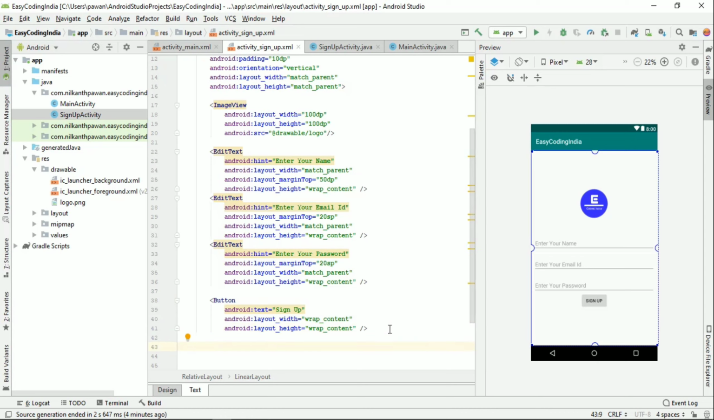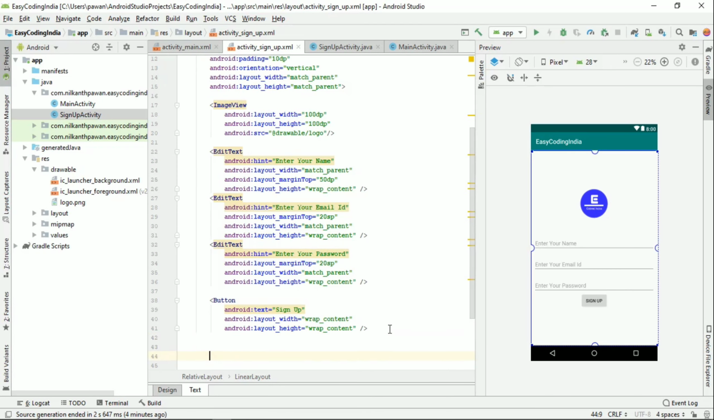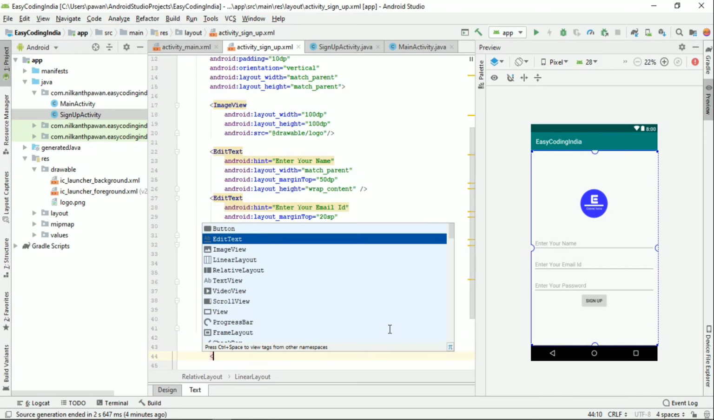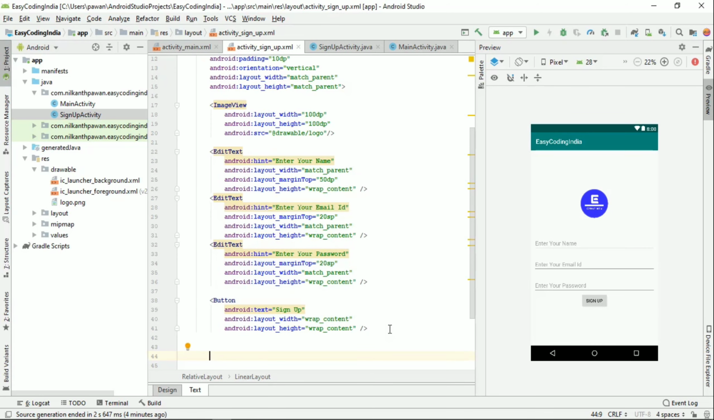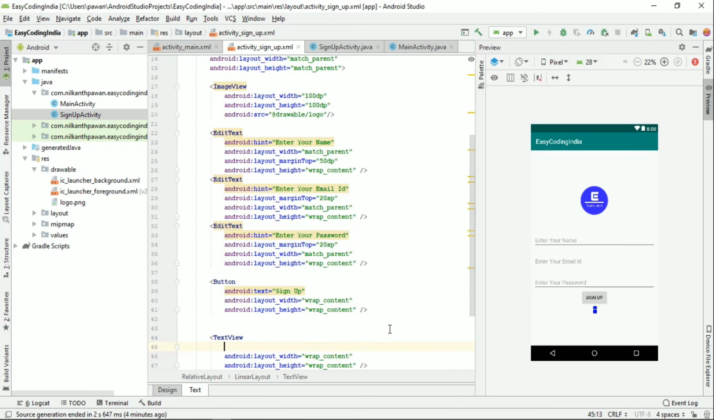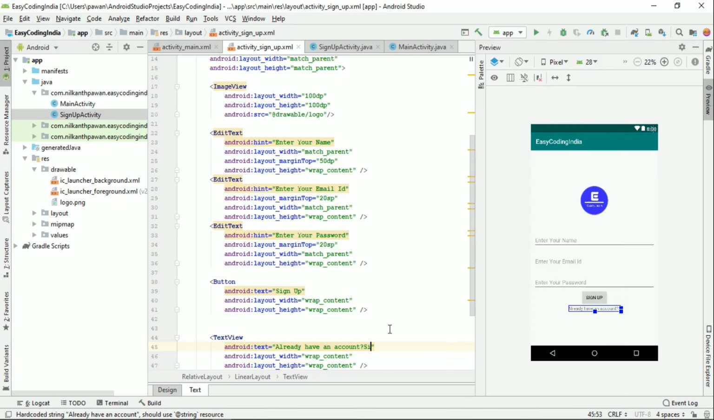And if you are already signed up, then you can take one edit text, one text view. You can directly enter and login button in login interface. So you can take text view, text view, wrap content, and here we can write already have an account, login here. Okay,